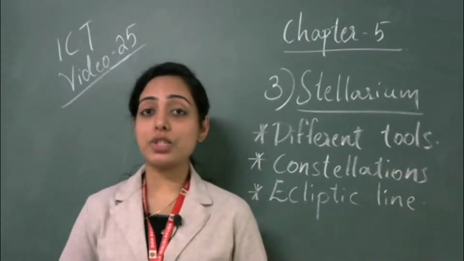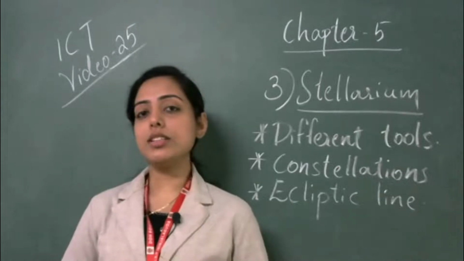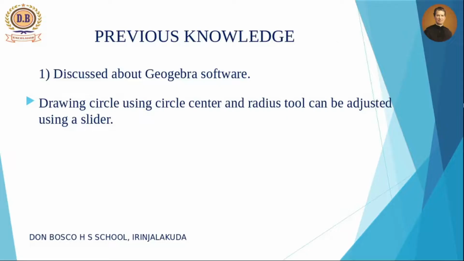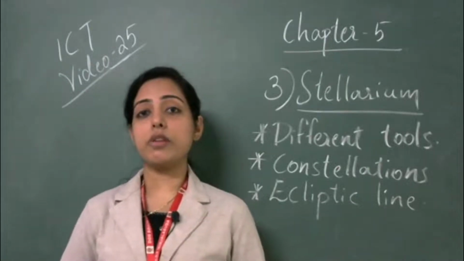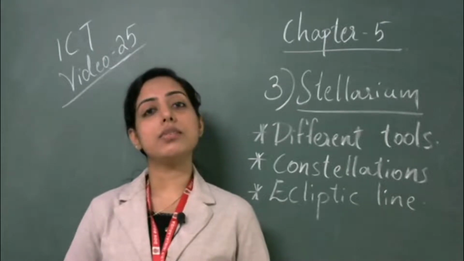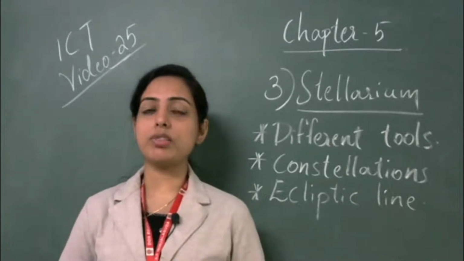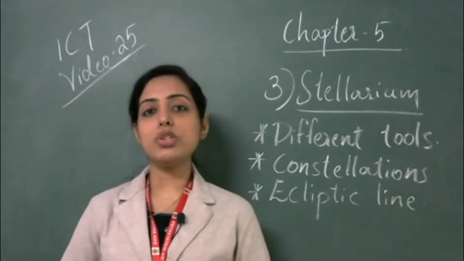This is our video class 25, and in the previous class you learned about GeoGebra software and the last and final activity in GeoGebra, which is drawing a circle and adjusting that circle using a number slider. And also you have learned about one example related to GeoGebra. So that's our second software, GeoGebra. Now we have understood the education software in geography and geometry. Geography means G-plate software, geometry means GeoGebra software.